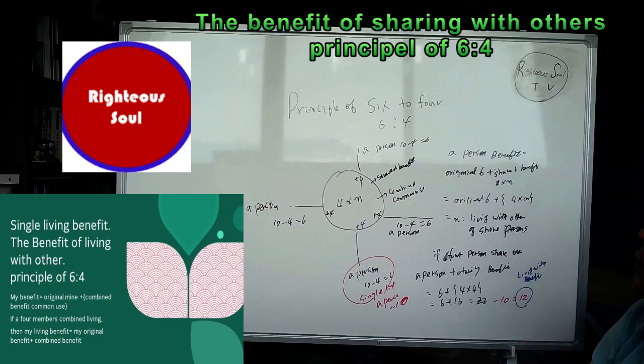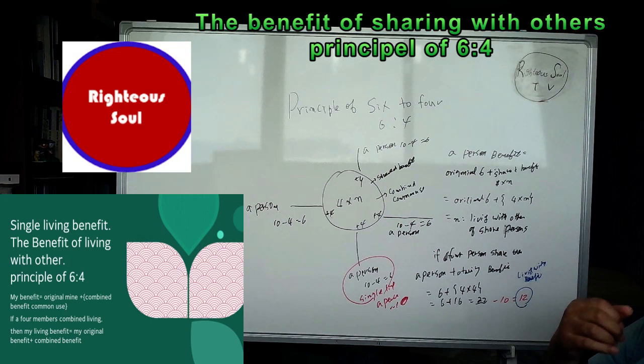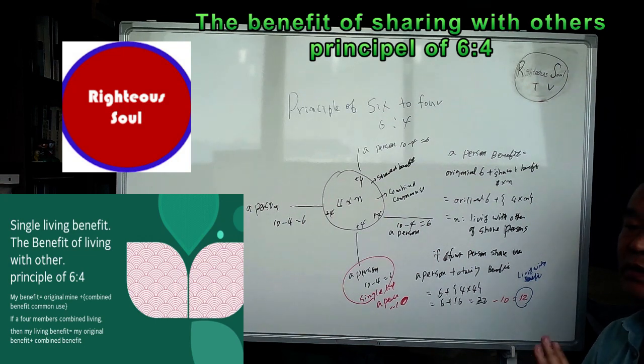Hi everyone, I want to share with you the 6-to-4 principle. Here is the diagram. In my diagram, a person always has a ten. 10, right here, tens. So to live with others,